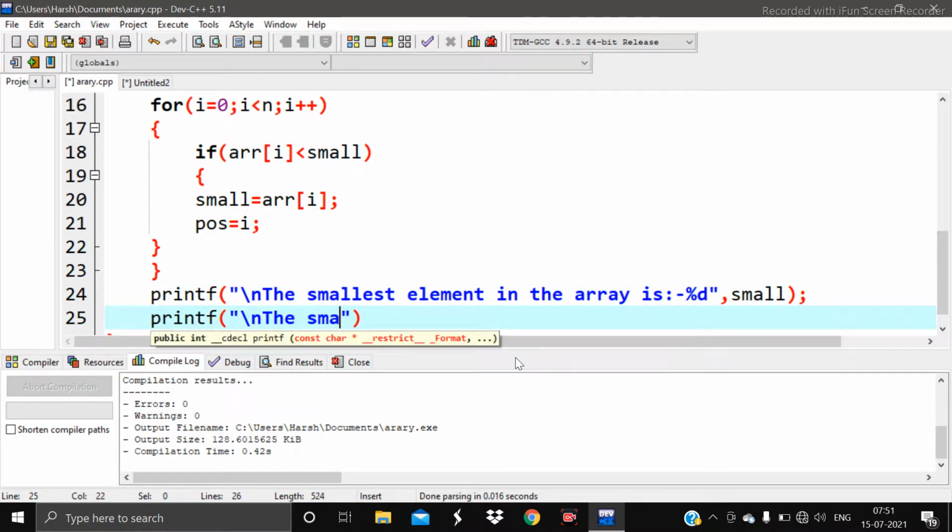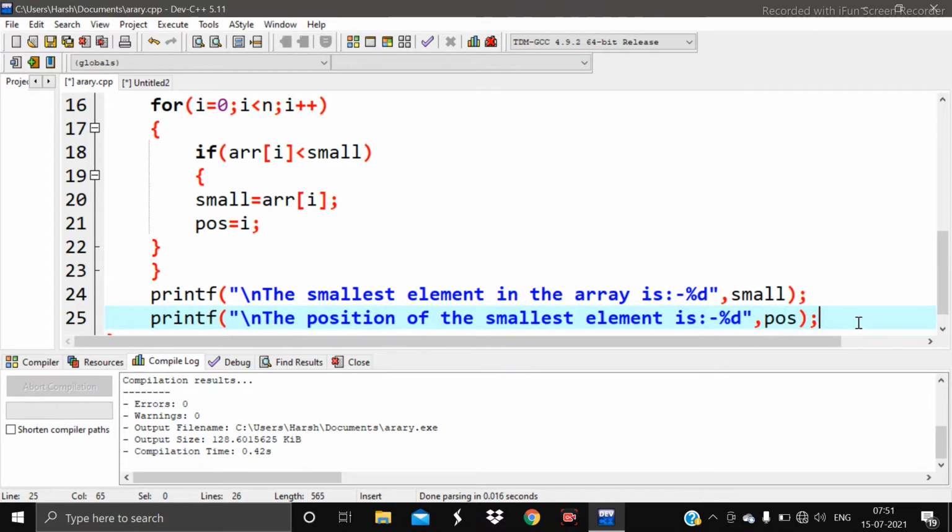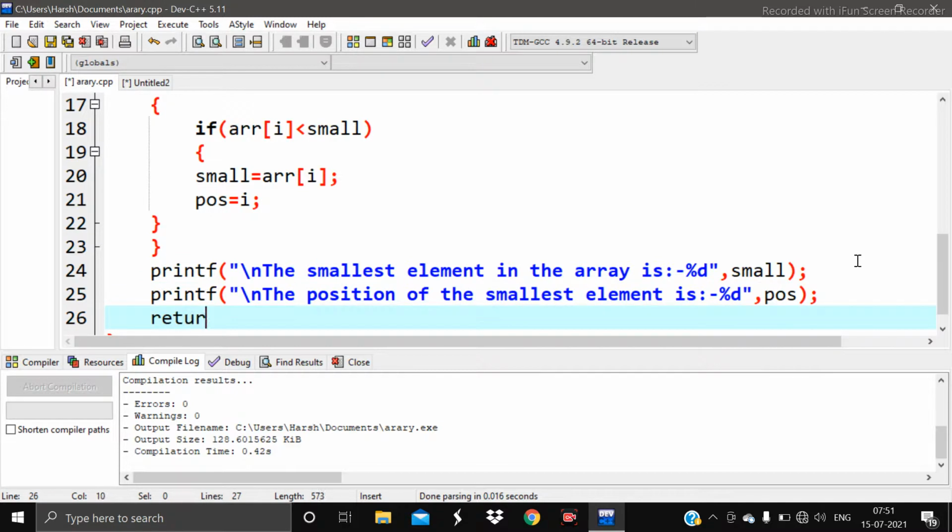So the position of the smallest element is %d, and here the position variable is pos. Okay, and at last we will use return 0.